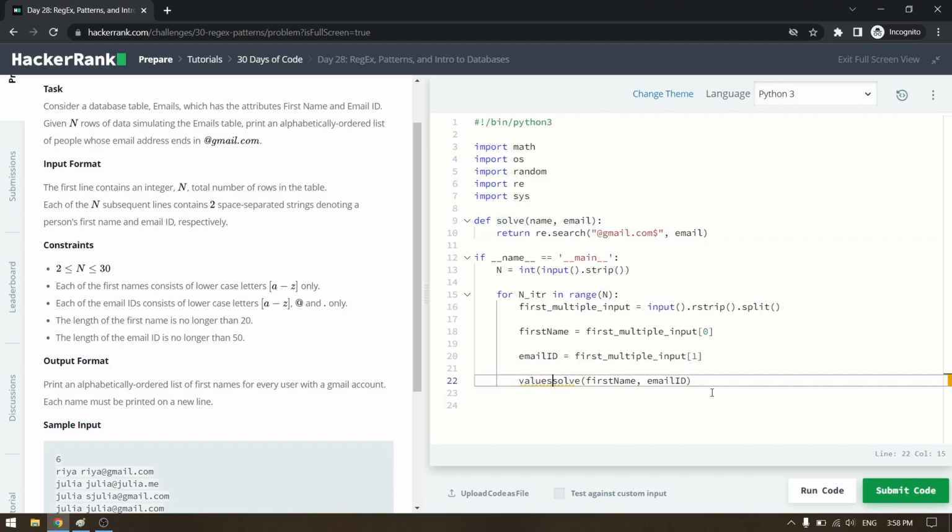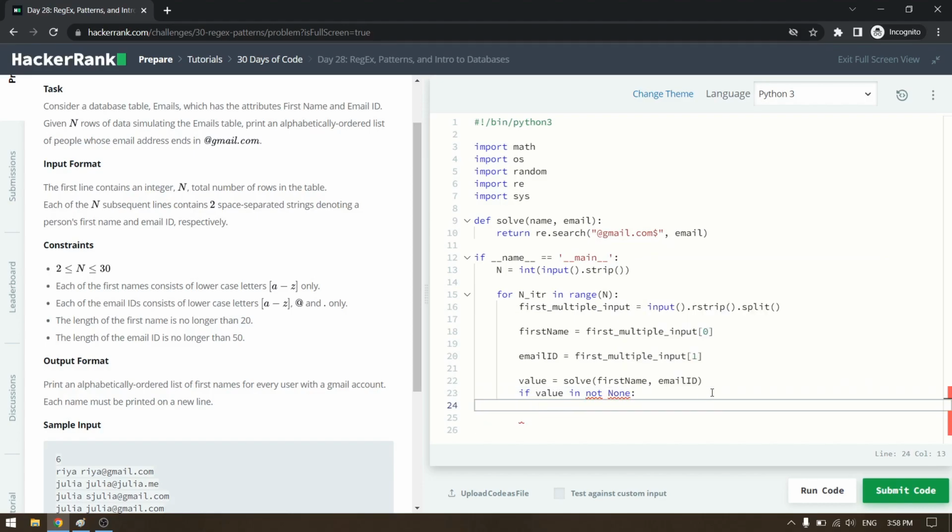Let's call this value. If value is not none, then